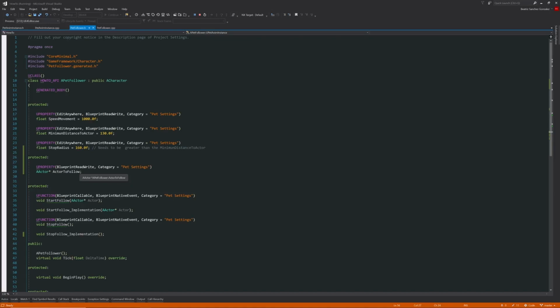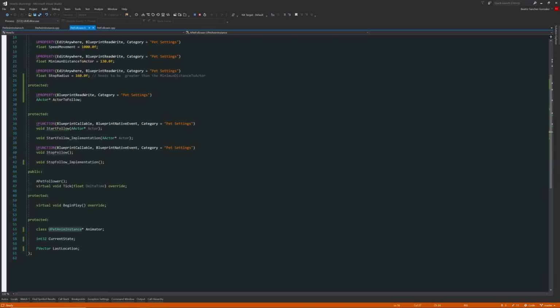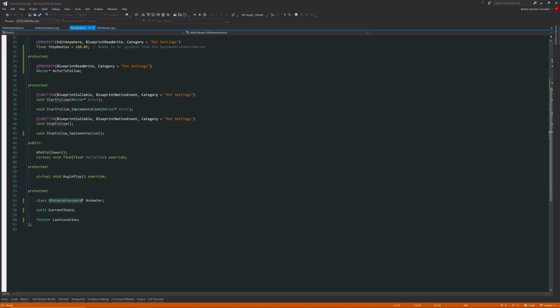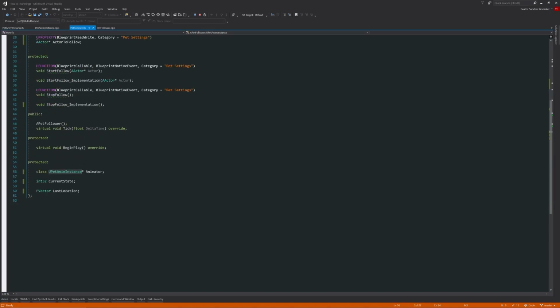I made it generic, so basically you could use any kind of actor. It doesn't have to be the controller. The player, it can be another NPC. And then we have StartFollow, which is the function that you just saw, and StopFollow, which has not been used but is a stop mechanism. Then we have the tick, the begin play, the constructor, and then we have helper elements, and here I have